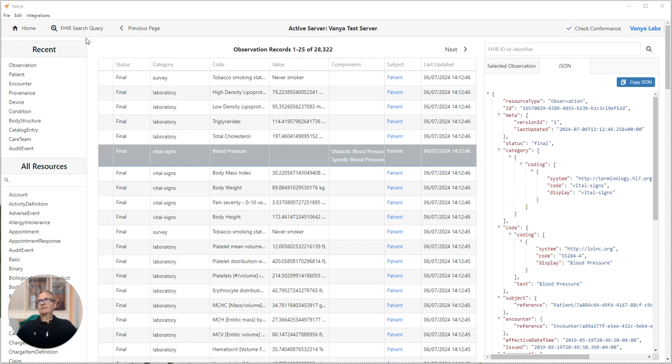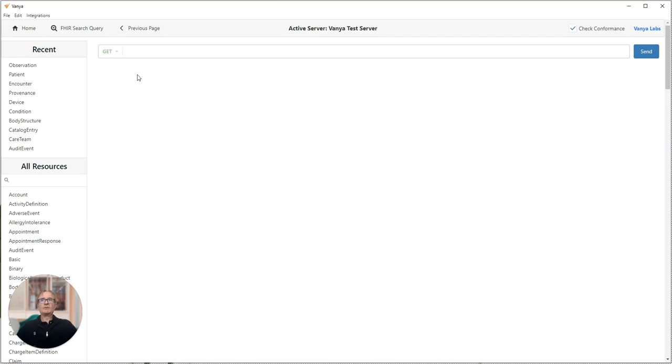Well, now you can. So we have a button up on the top here, FHIR search query, which opens a new window that looks kind of similar to Postman with space for a GET request. So the way we use this is we would start with the server address, just like you would in Postman. And this is the Vanya server that I was showing you earlier. And say we do a search again for observations,